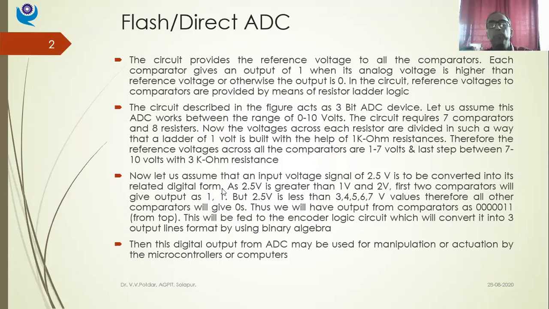So just as an example, we have taken 2.5 volts to be converted into its related digital form. As 2.5 volt is greater than 1 volt and 2 volt, the first two comparators will give output as 1, 1. But 2.5 volt is less than 3, 4, 5, 6, 7, and 10 volt values. Therefore, all other comparators will give 0. Thus, we will have output from comparators as 0